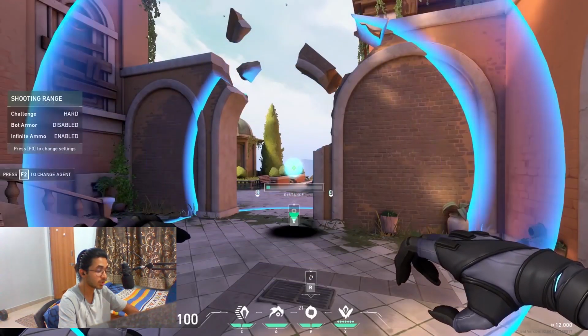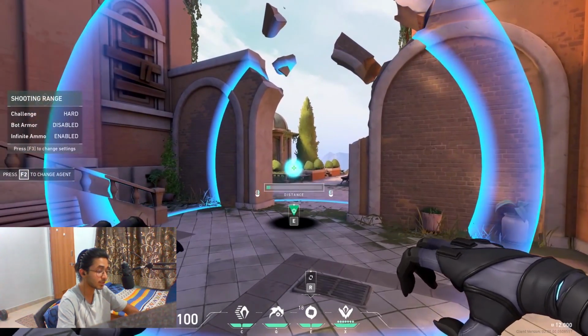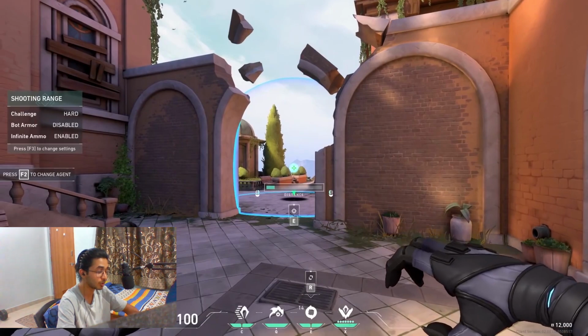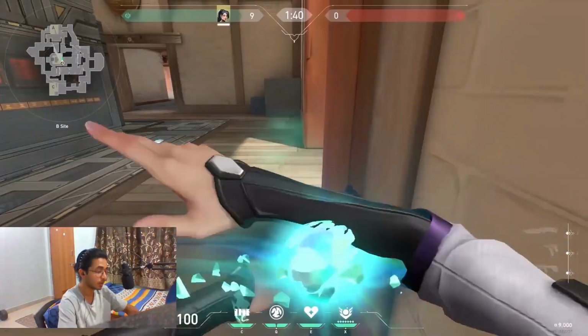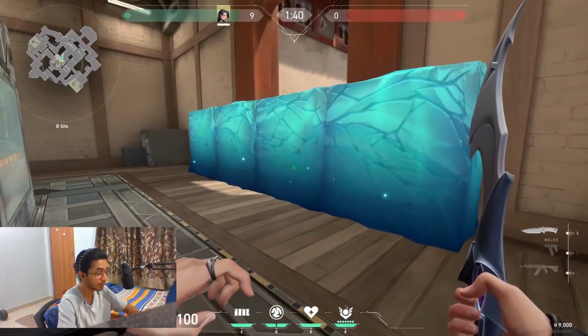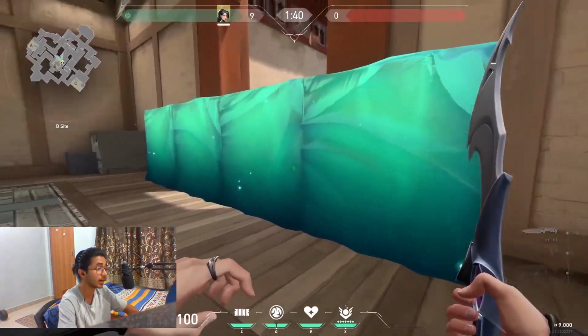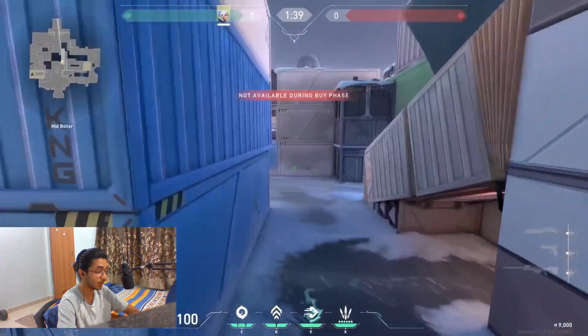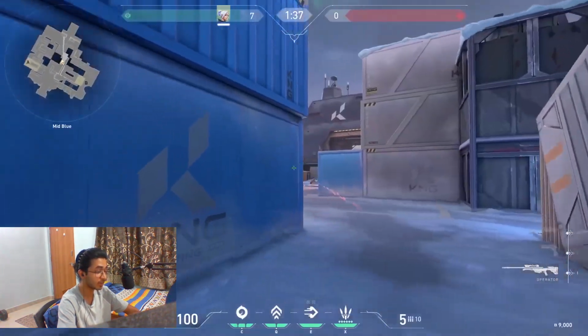If you want to smoke something, try to always smoke on the other side of the wall. In this case, you have to smoke on that side. This will give you a lot of advantage. Don't use the same wall at the same place every round with Sage. Be unpredictable. If you want to go for an aggressive peek with Jett on Icebox, stand against the barrier, dash